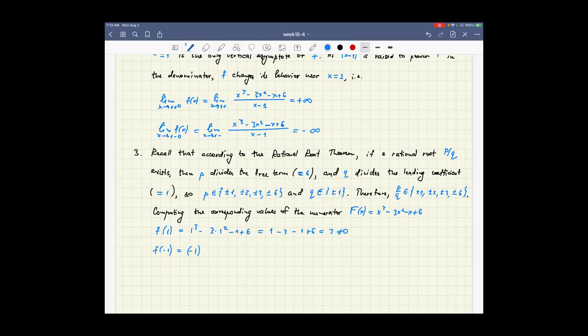So here we get negative 1 to the power 3